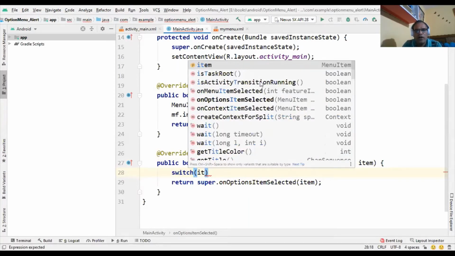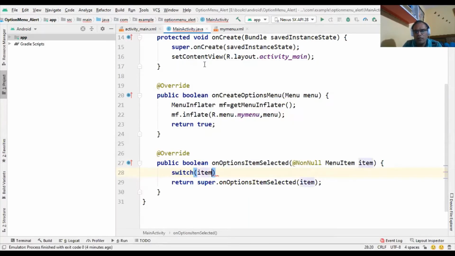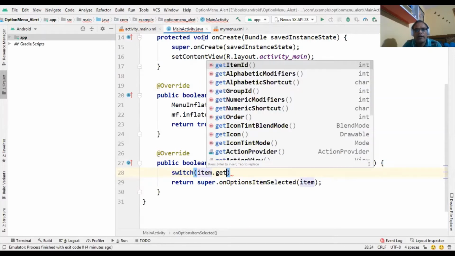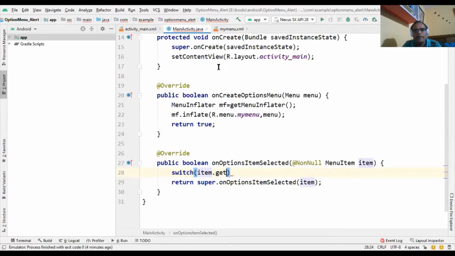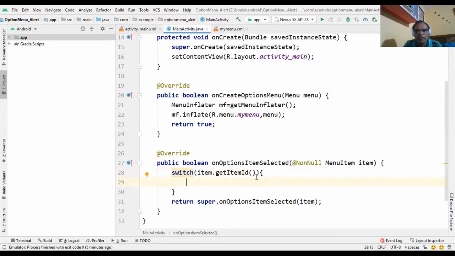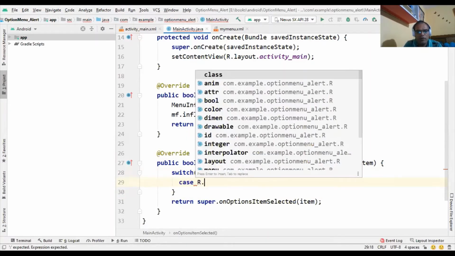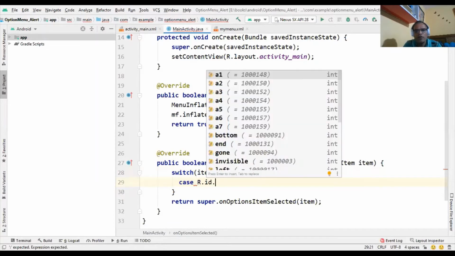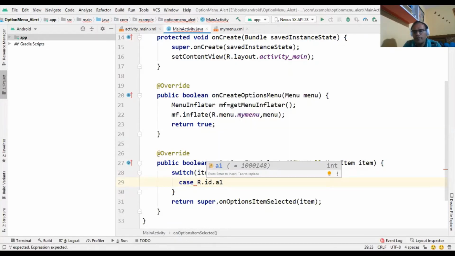Here we use item.getItemId. We have already created ids for all the options, so we write here R.id.a1.